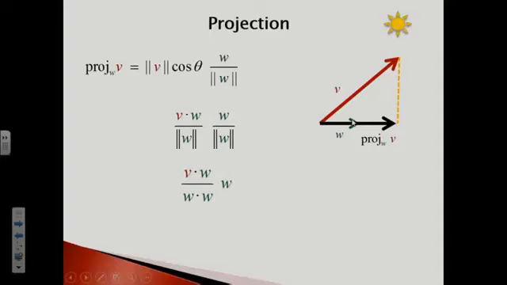The product of the magnitude of w with itself equals the dot product of w with itself. By taking out the direction of w, which is w divided by the magnitude of w, from this formula, we get the magnitude of the projection. It is called the component of v along w, also called the scalar projection of v onto w, and equals the dot product of v and w divided by the magnitude of w.